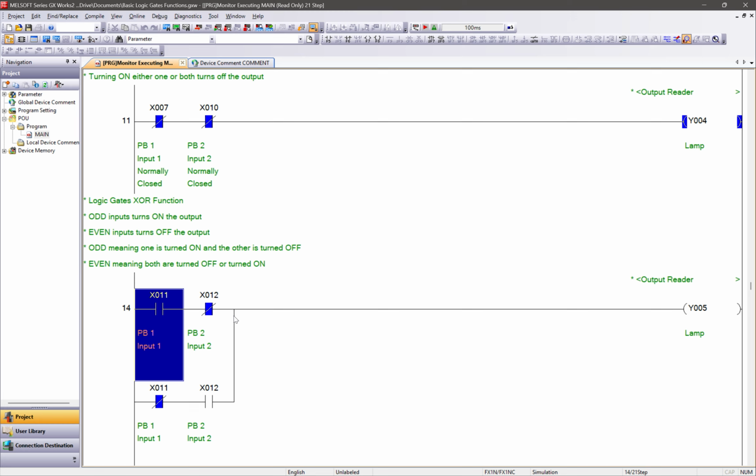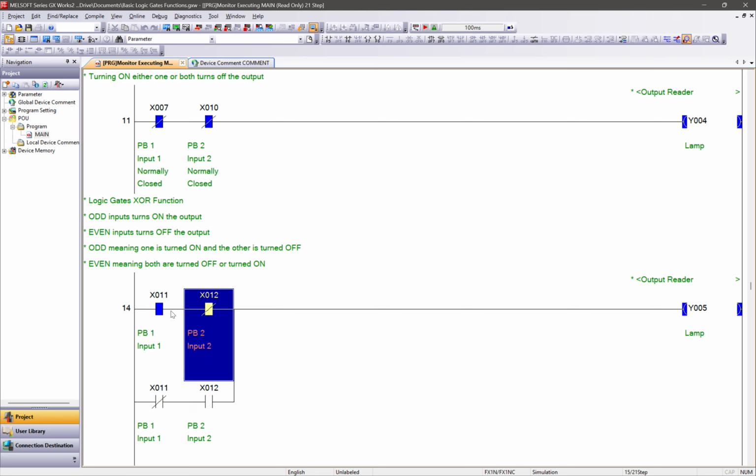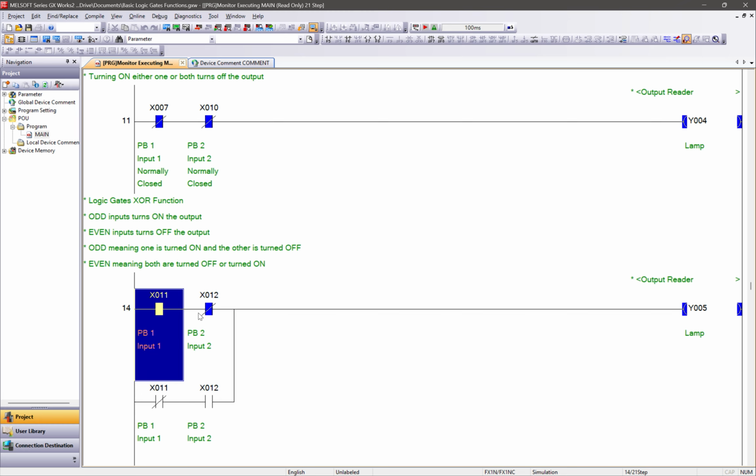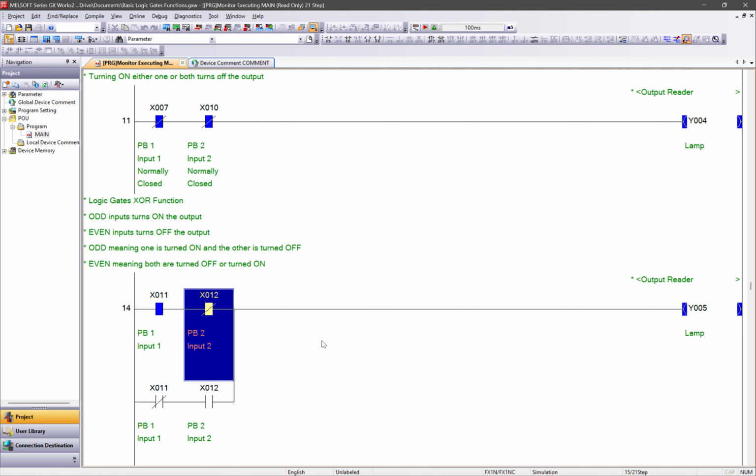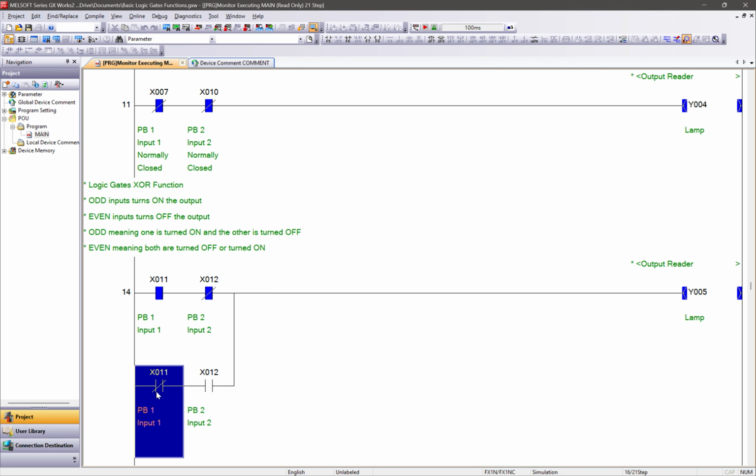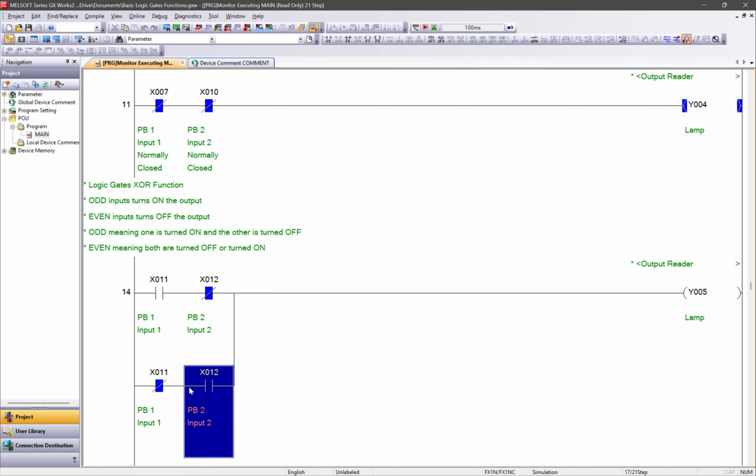In terms of truth tables, the inputs 1 and 2 will be 1 and 0. Same would be in here in the second line. If push button 1 is back to its original form, 0, and push button 2 is 1, it will make the lamp turned on.